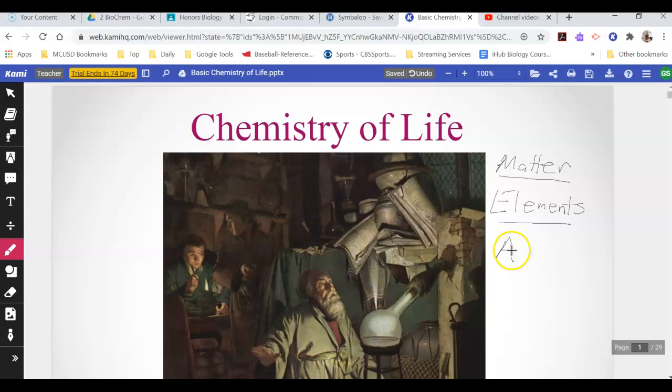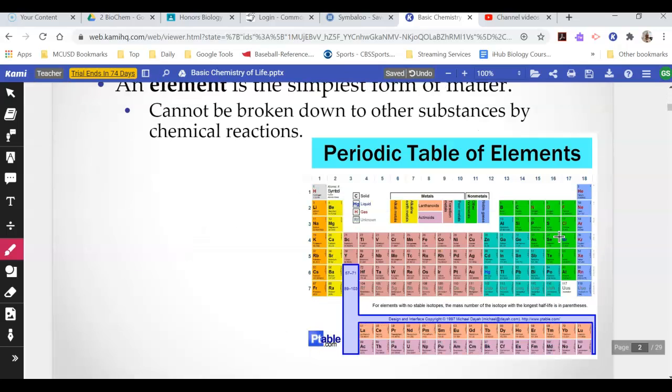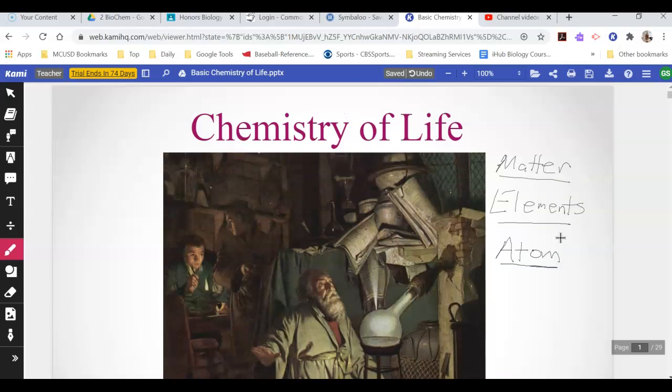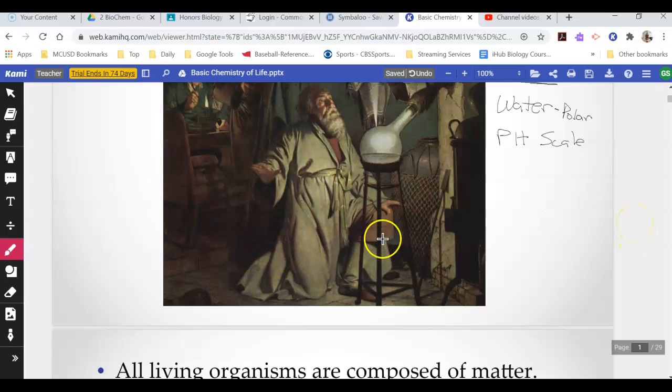So at the smallest unit, we'll look at what makes up the atom, and then we'll look at a little bit with water and it being a polar molecule. And then at the end of these notes, we'll look at the pH scale. And then as we continue on into next week and possibly the week after, we'll look at the importance